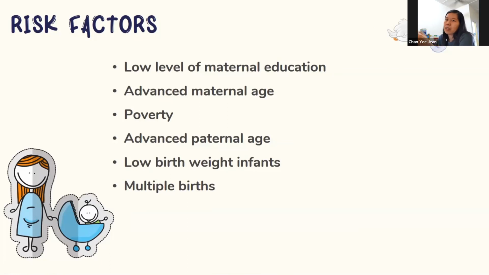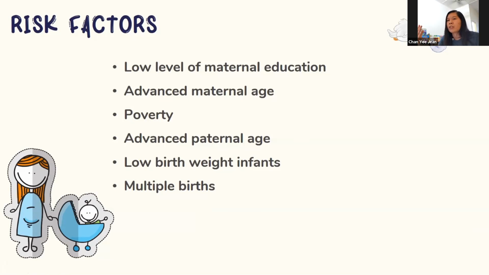Because if you think of it this way, if the mother is very, very old, what are some of the risks? How are some of the babies born to mothers of advanced maternal age? The risk of getting a child with trisomy 21 is higher, isn't it? Right? I am using the phone, so I cannot see your faces. I don't know whether you're nodding. Anyway, if the mother is old, there's a higher risk of getting a child with Down syndrome. Therefore, a child with Down syndrome obviously has an intellectual disability.